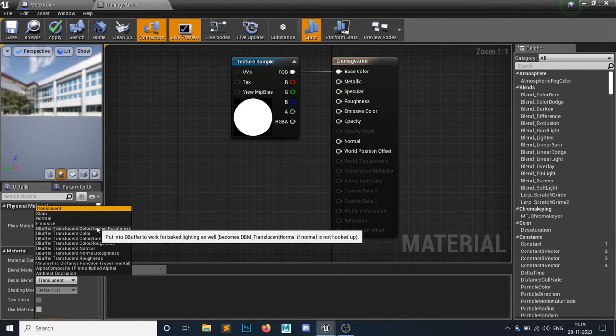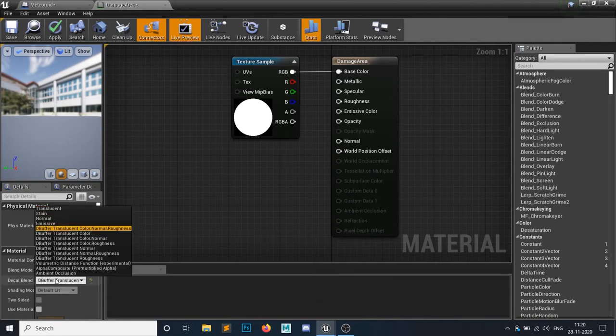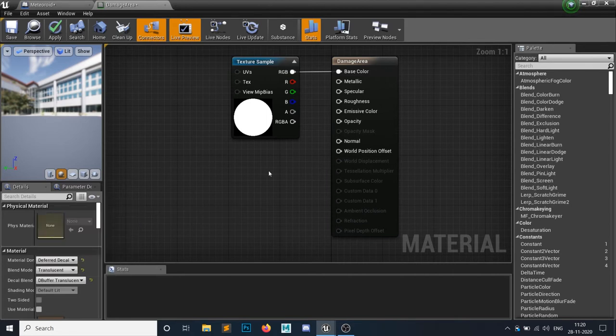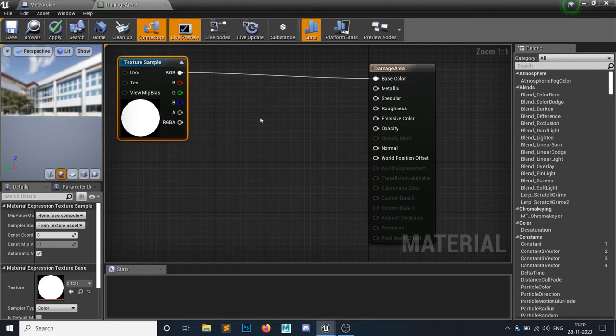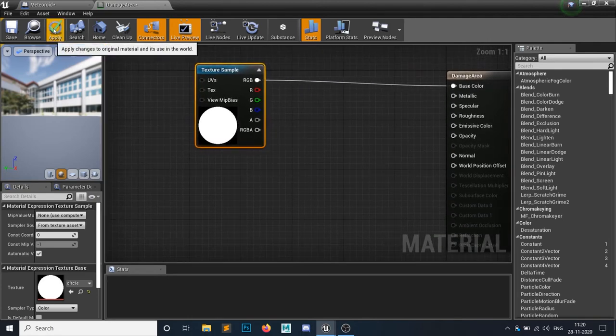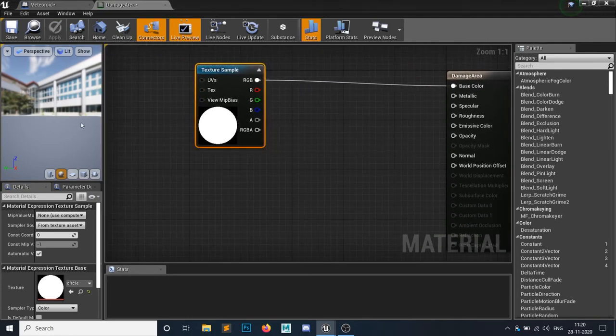I need everything. Otherwise, you will have some problems with a deferred decal. Alright, now if I hit apply, go in this box. Okay. As you can see, let's just wait for this to load up.